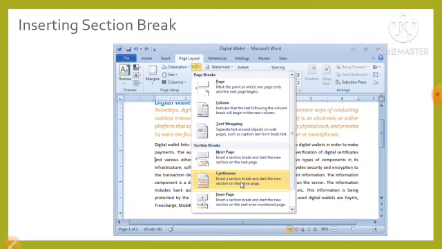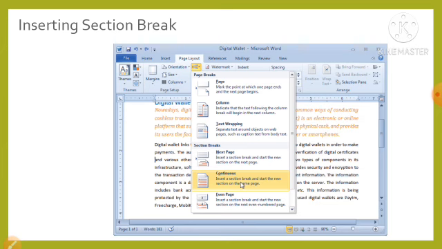A page break refers to a part in the document that separates two consecutive pages. We can insert a page break anywhere in the document. We can also add new pages in the document by inserting page breaks. We can insert a page break by clicking the Breaks button under the Page Setup group of the Page Layout tab, as shown in the figure. Also, we can press the Ctrl plus Enter keys on the keyboard to quickly insert a page break in the document.